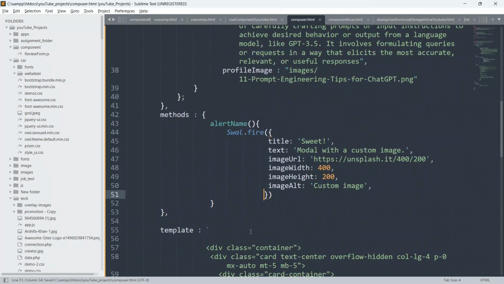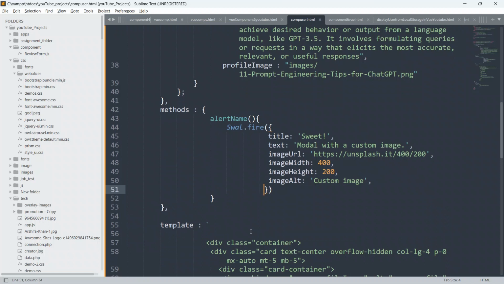Now what we have to do is give the title and the text also. Give the title as user name.